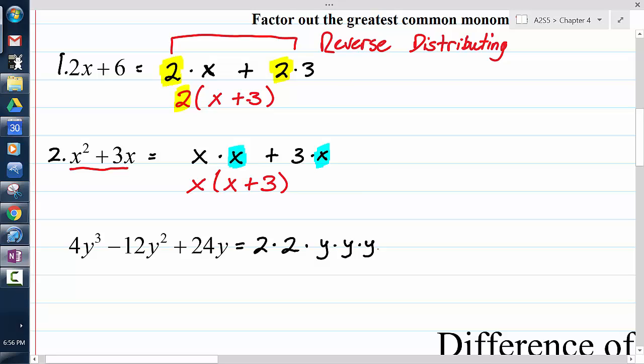If I multiply all that back together, I would just get my 4y cubed, right? Minus, and let's break down the 12. That breaks down into 2 times 2 times 3